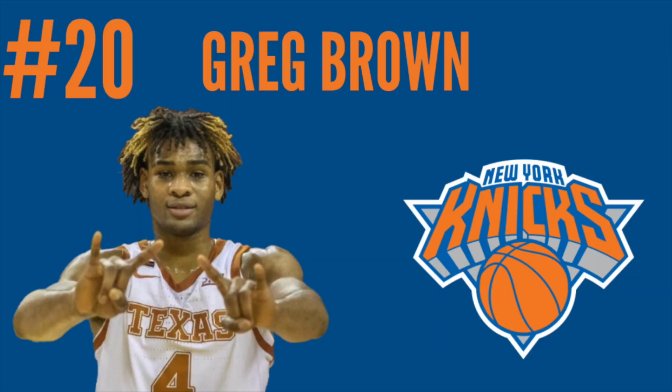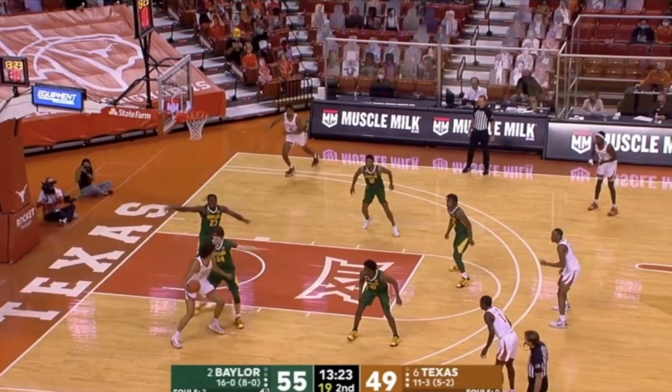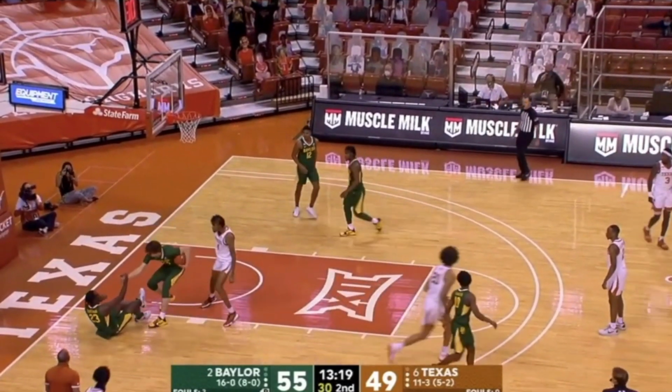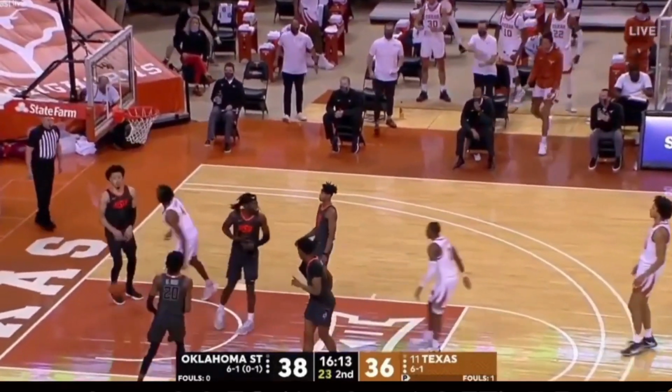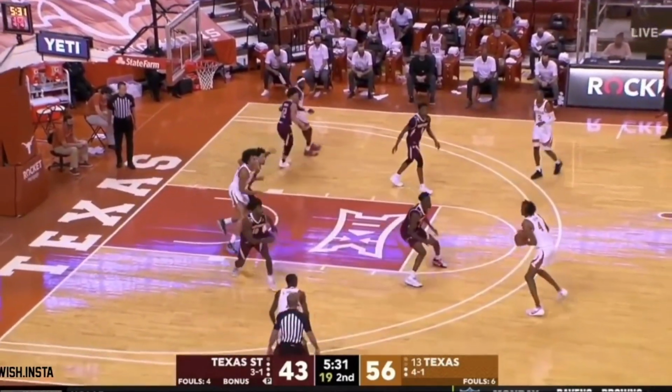At 20, the New York Knicks pick again, and I have them taking Greg Brown here from Texas. The Knicks should be enthused with his freakish athleticism, and I mean this when I say it. Greg Brown is probably the best high school dunker that I've ever seen, and that includes Zion Williamson. With an improving three-point shot and offensive feel, Brown is a prospect worth investing in if I'm the New York